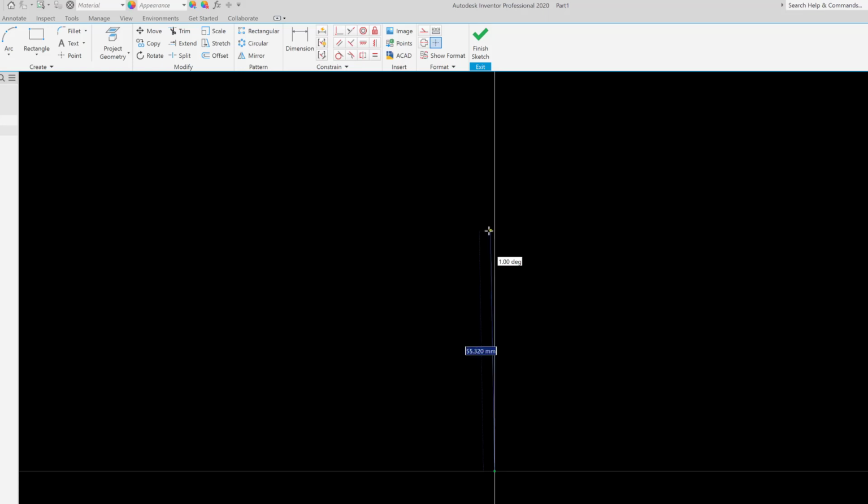So now that's approximately 55 millimeters. And I can tell from the little icon that came up right about there, that it's perpendicular to the x-axis. That's straight up and down. So now we just click the left mouse button one time,